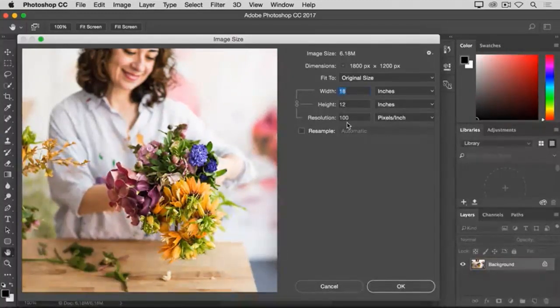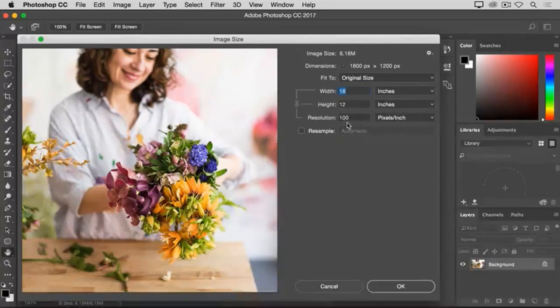If I were to print the image with only 100 pixels per inch, it might look okay, but if you got really close to it, it wouldn't look its best, because my desktop inkjet printer really needs around 300 pixels per inch. So how do you go about changing the resolution of a printed image to 300 pixels per inch